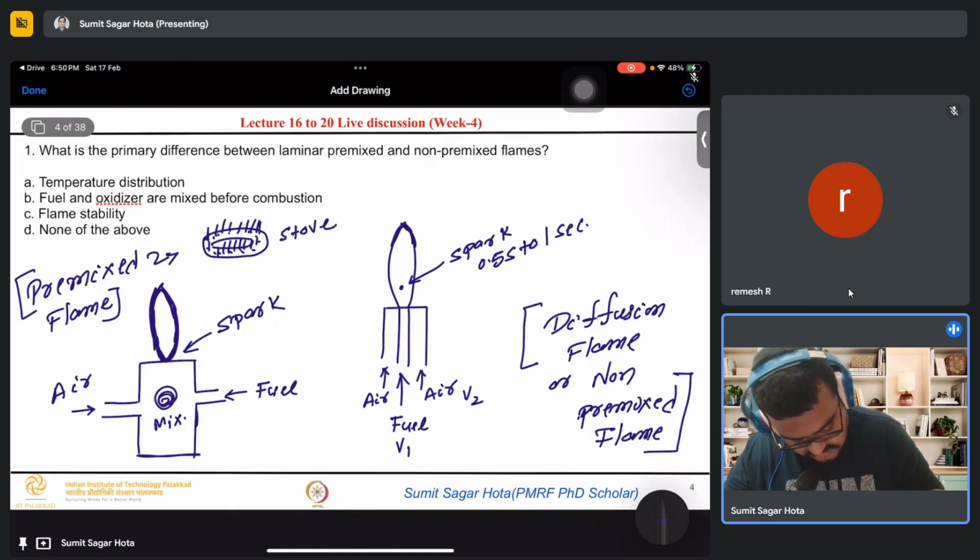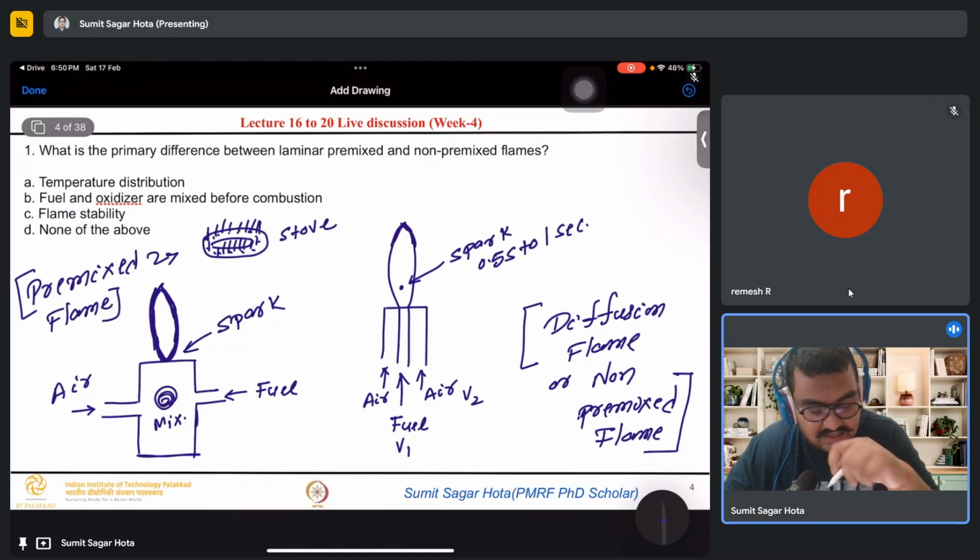Here it is taking atmospheric air as the oxidizer. So when air and fuel are mixing together in the atmosphere, you also know that in films somebody turns on the gas for some time, and then somebody takes a lighter and turns it on, and then there is an explosion. That means at that point the fuel and air have mixed together very well, and that is the reason for the explosion.